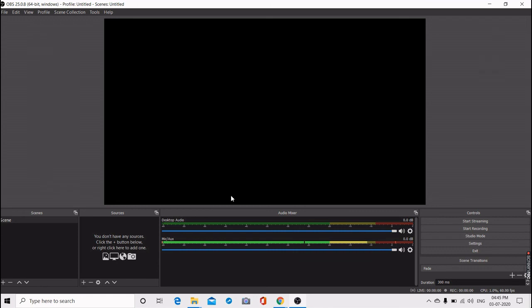Now let us understand the interface. Basically you will have to use three things: sources, start recording, and show recordings, which is in the file menu. Three things for starting purpose. First, let us try to understand what the sources are.